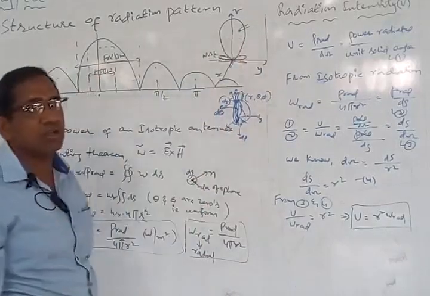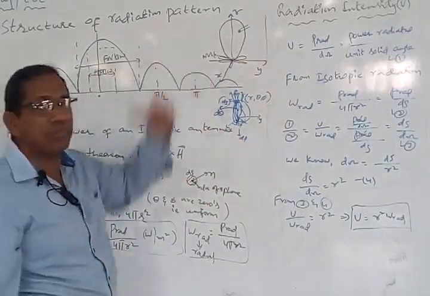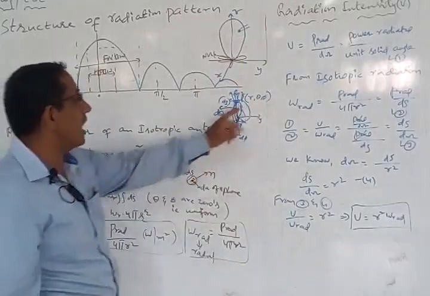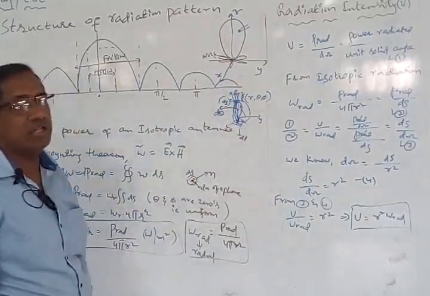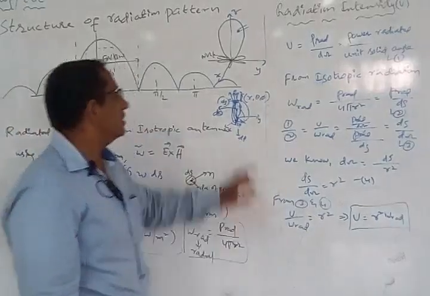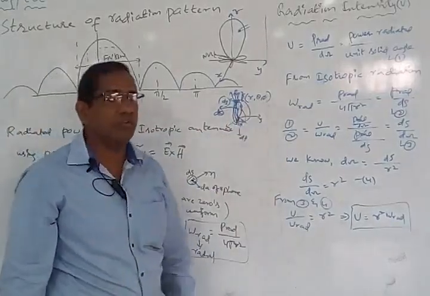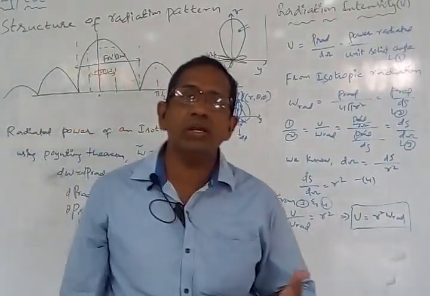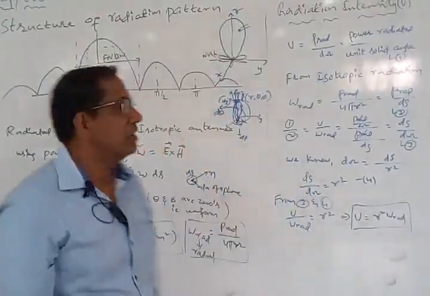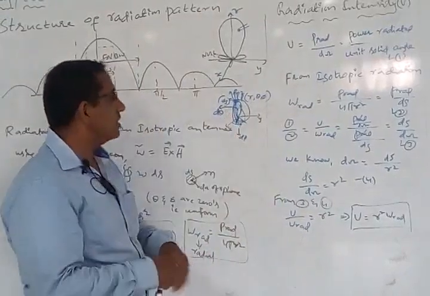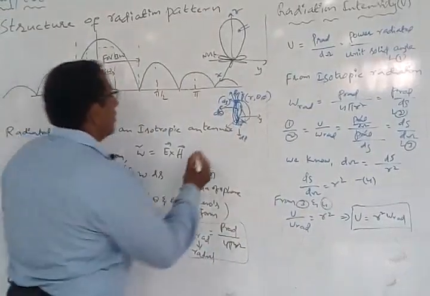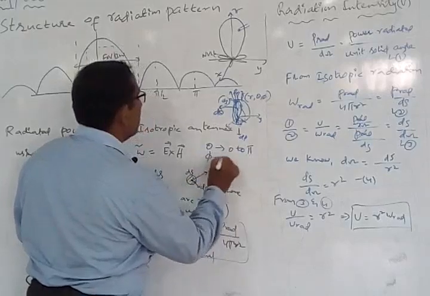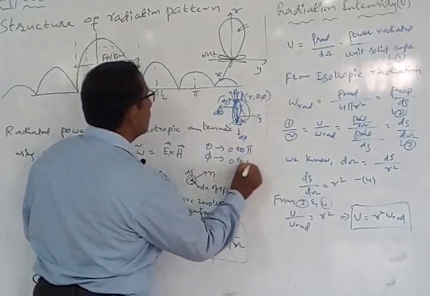But more or less, wherever you consider a point on the spherical coordinate system where the radiation is happening, there we normally going to get 3 coordinates. One is going to be r, theta and phi. In the case of the isotropic antenna, this theta and phi will be constant, will be equal to 0. Why? Because the antenna is going to radiate in all the directions, where theta is going to vary between 0 to pi, whereas phi is going to vary between 0 to 2 pi.